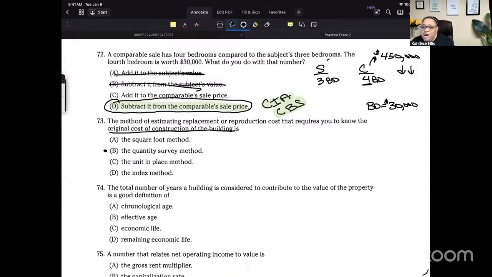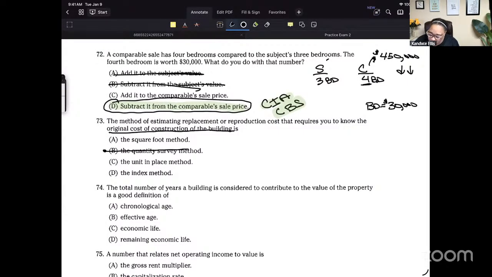Sometimes these random questions make me feel like I'm a terrible teacher. Like, how am I teaching you stuff if I've never heard of these things? But then I have to remember the chances that the test is going to have this one question are slim, because all of us could not have heard of this thing. But we learned something, right? Jamie says nope, Ginger says no, and you studied through the California book. So I was wrong. It's not the quantity survey method, it's the index method.